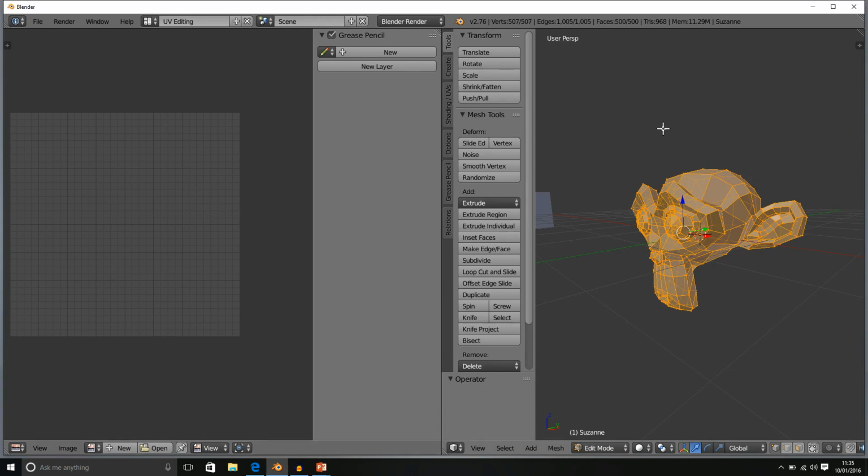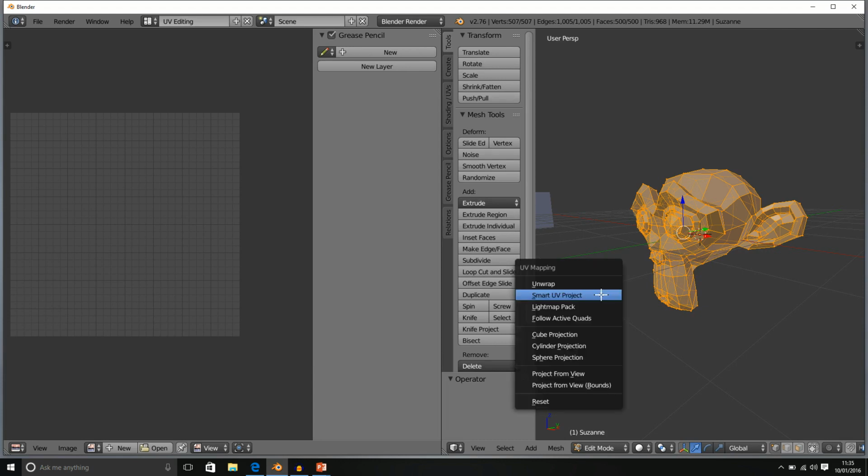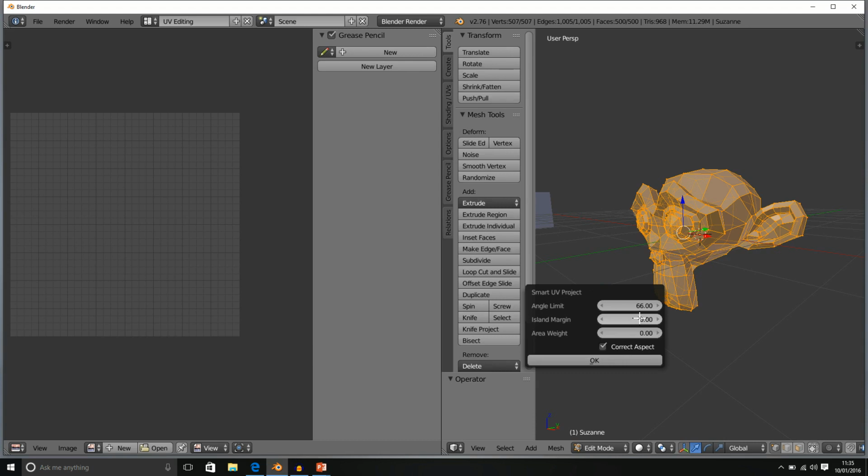So just a little hint here, if you do sync your two views together, remember that you have to unsync it before you can get rid of your UV map, just as a little bit of advice there. So finally, we're going to go U, Smart UV Project, up that to 1,